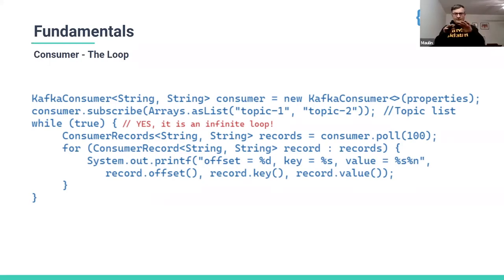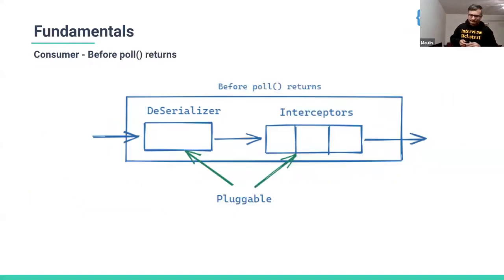And then beyond that, you just start a while loop, which pretty much goes on infinitely, and you keep polling the Kafka cluster to give the messages to you. And as you keep getting messages, you keep processing them and move on. This is a little bit simplified code, obviously. We'll talk about the commit mode and acknowledgement from the consumer in following slides.